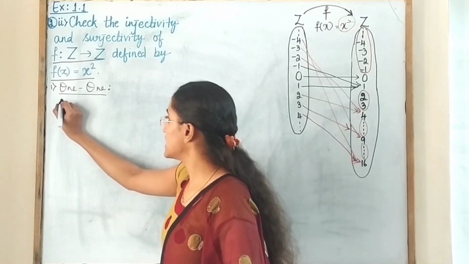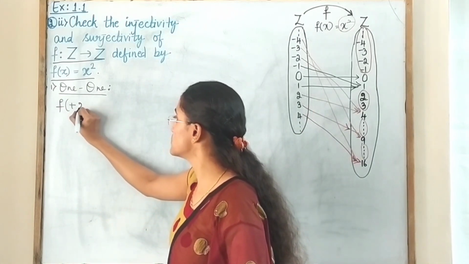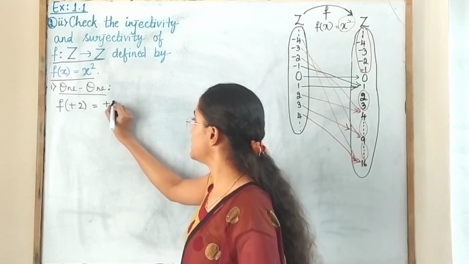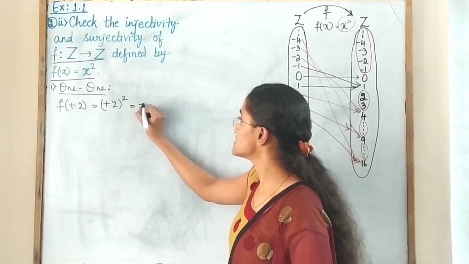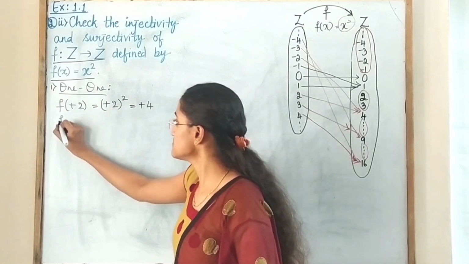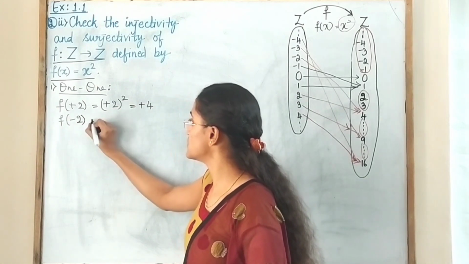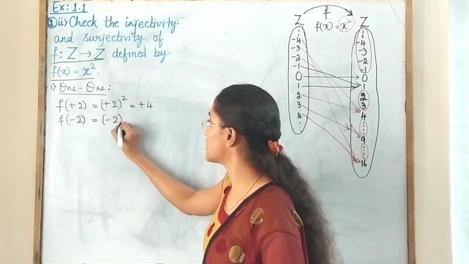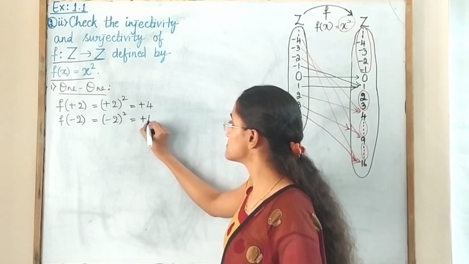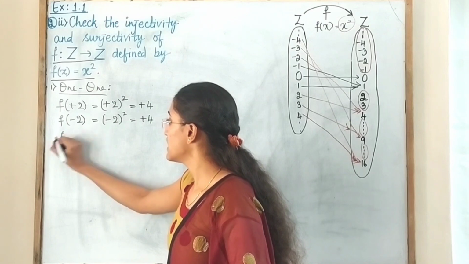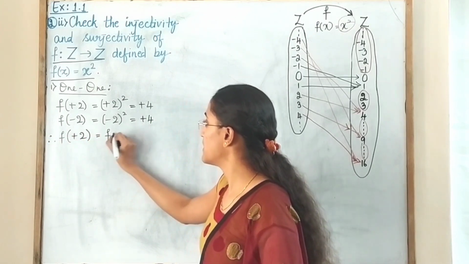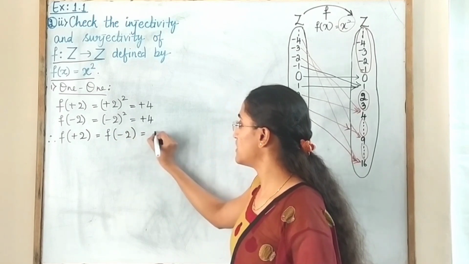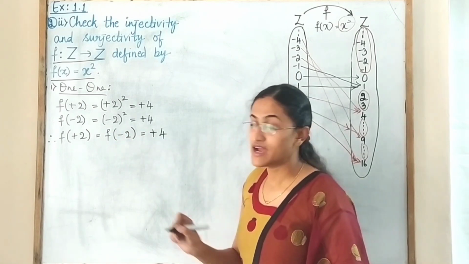That is, you can write f of plus 2 is equal to plus 2 the whole square, according to the definition, which gives us plus 4. Then f of minus 2 is equal to minus 2 the whole square, which also gives us plus 4. Therefore, f of plus 2 and f of minus 2 are equal to the same image 4,